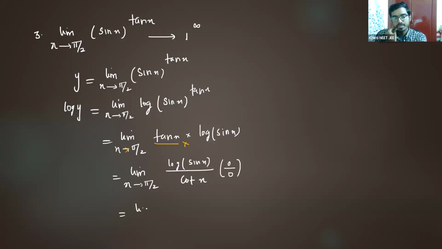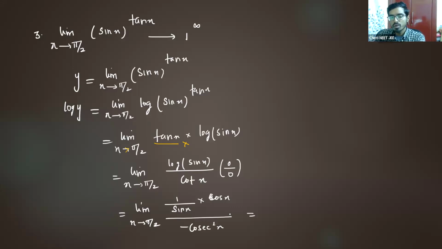So let us differentiate this. Limit x tending to pi by 2. Now we have log of cos x, sorry, log of sin x. So it is 1 by sin x, d by dx of sin x is cos x. Log f of x is 1 by f of x into f dash of x. D by dx of cot x is, what is the derivative of cot x? It is minus cosecant square x. Minus cosecant square x. Now you will be left with,